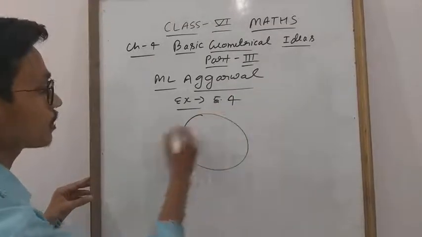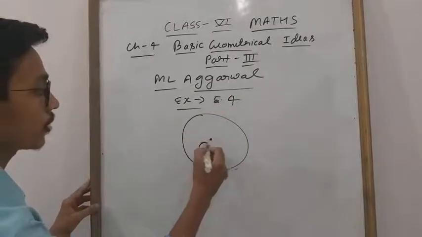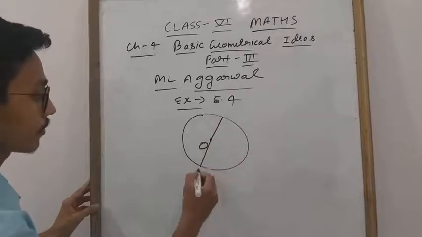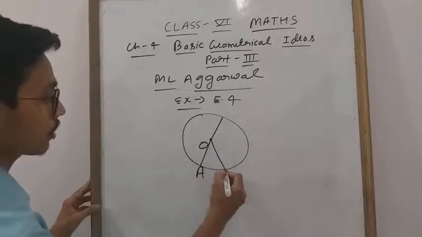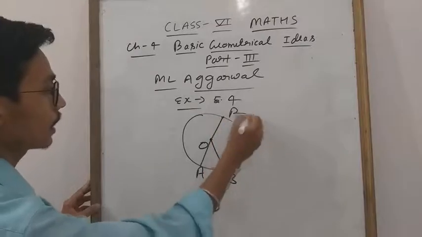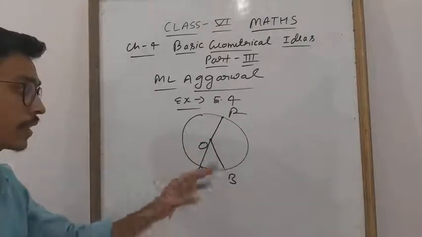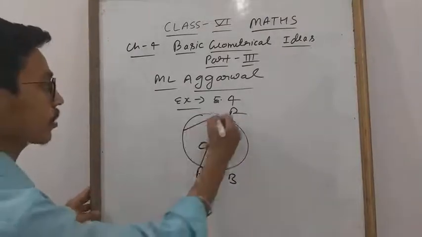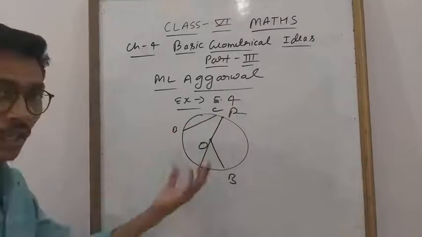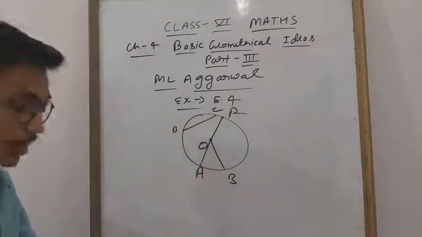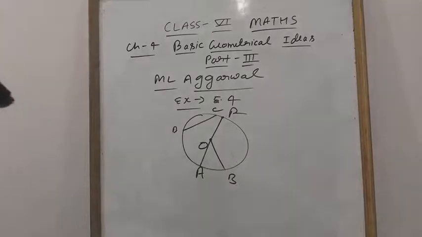One circle is given with center O, like this, with OA. Here you can mark B, and here you can mark R. You will also check what the center is, what the radius is, and this is chord BC. What is a chord? What is a sector? Clear? This is given in 5.4, so you will do it yourself.